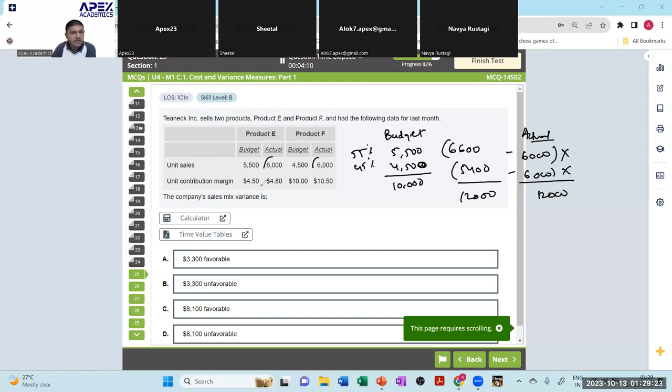स्टैंडर्ड कंट्रीब्यूशन चाहिए, यूनिट कंट्रीब्यूशन मार्जिन बजटेड चाहिए। ई का 4.5 है और एफ का 10 है। तो 6,600 बेचना चाहिए था, 6,000 बेच के आए, तो 600 इंटू 4.5, 2,700 एडवर्स आएगा। और ये वाला 5,400 बेचना चाहिए, 6,000 बेच के आए, मतलब 600 इंटू 10, 6,000 फेवरेबल आएगा। 6,000 माइनस 2,700, 3,300, ये फेवरेबल हो जाएगा।